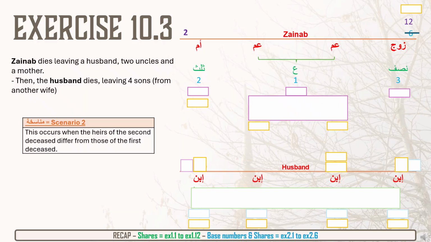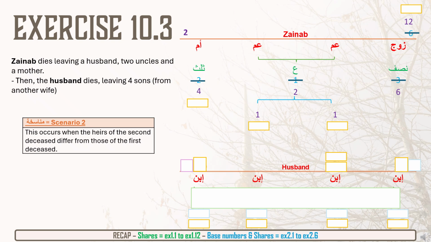The husband's 3 shares will turn to 6. The uncle's 1 share will turn to 2, which now can be divided by the 2 uncles. They'll get 1 each. And the mother's 2 shares will become 4. Now, that's all sorted for Zainab's inheritance for her heirs. Now, the husband passes away. So we put a box around husband, and whatever shares the husband had at this moment in time, which is 6, we will write that